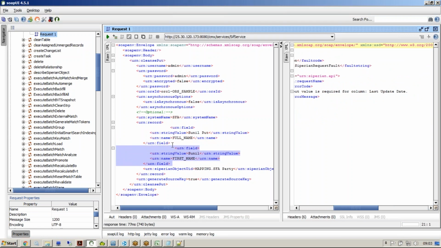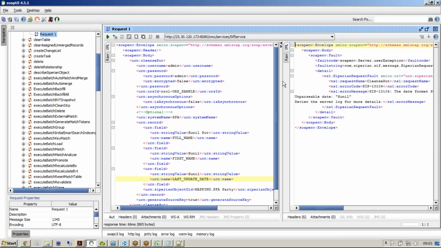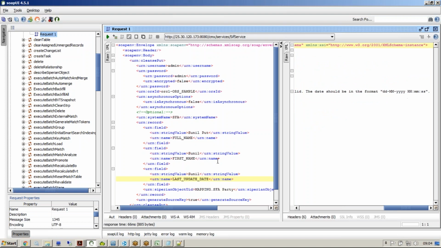So mention a value for last update date. I don't know the format. What is the date format? If I just invoke it, Informatica will tell you the format. The format should be DD. This is the format. So you give the date in this format, 010101. Sorry, 2010. Let's say 010101,